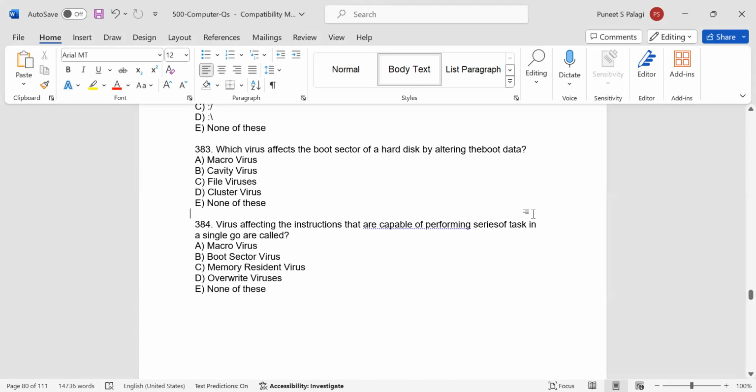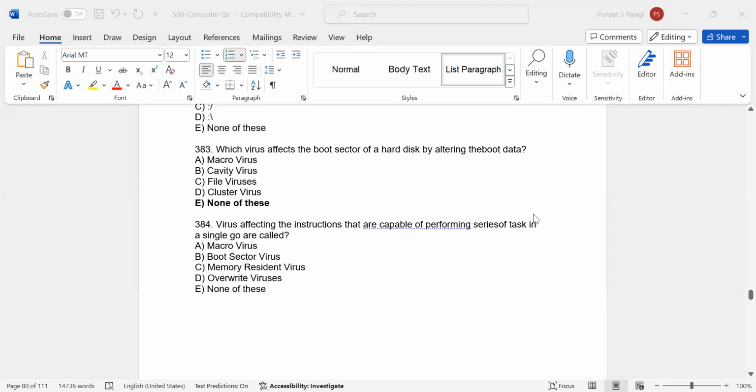It is none of these. So which virus affects the boot sector of a hard disk by altering the boot data? So, a boot virus,